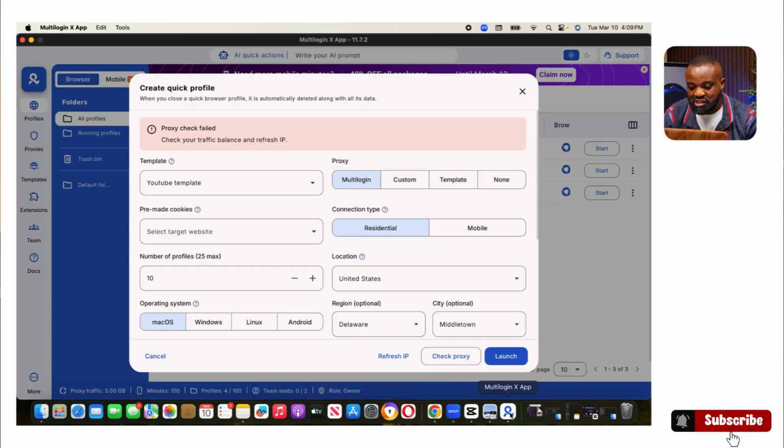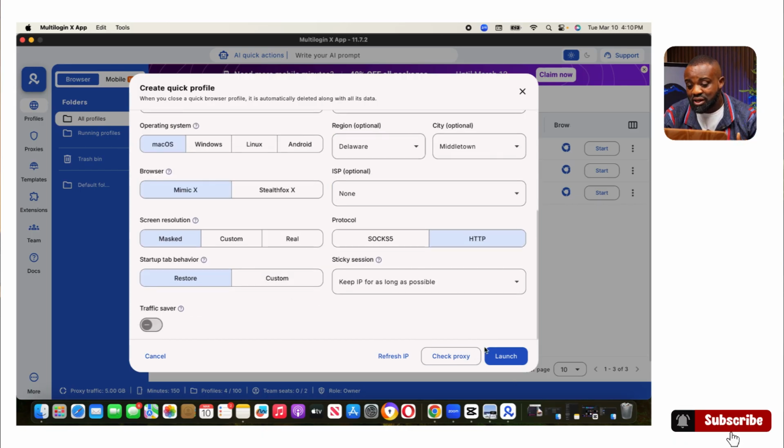Now, what you will notice is that these quick profiles are going to open my browser, and it's going to create 10 different browsers. 10 different pages will be created, and each page will be for one YouTube channel or YouTube account. And I can start using those. So all I have to do is create different Gmail accounts. Then I will use those Gmail accounts to create different YouTube channels that will be for that location. Do you see how powerful this can be? So this is how powerful